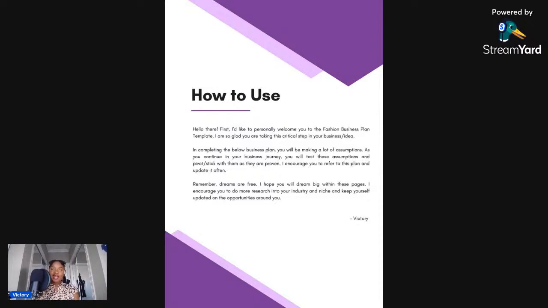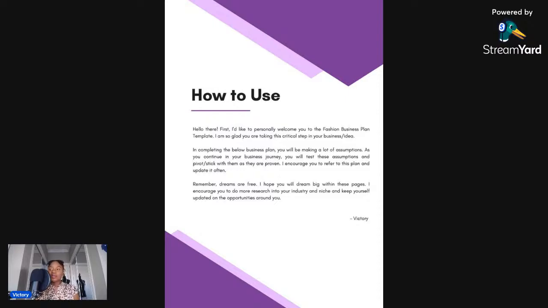And I also want us to remember as we're making this business plan that dreams are free. You don't have to pay a single naira, dollar, CDs, any currency that you're operating in, to dream. So I hope that within these pages you dream big and write out the vision. Sometimes you have visions that you're even too afraid to share with people because they seem so grandiose and sometimes impossible. But I encourage you to dream big. Dream as big as you can dream, because what's the worst that will happen, right? They're free, it's just putting it down. So I encourage you to do that.